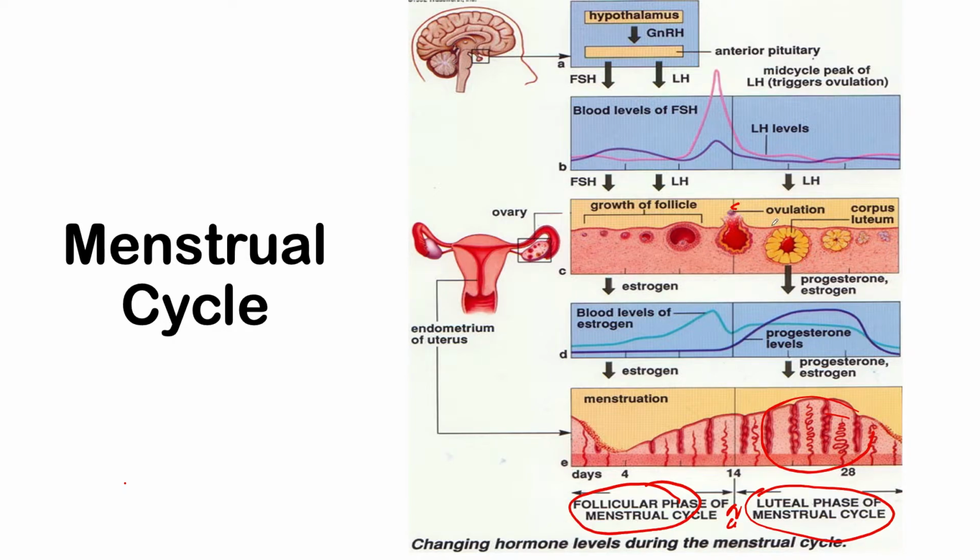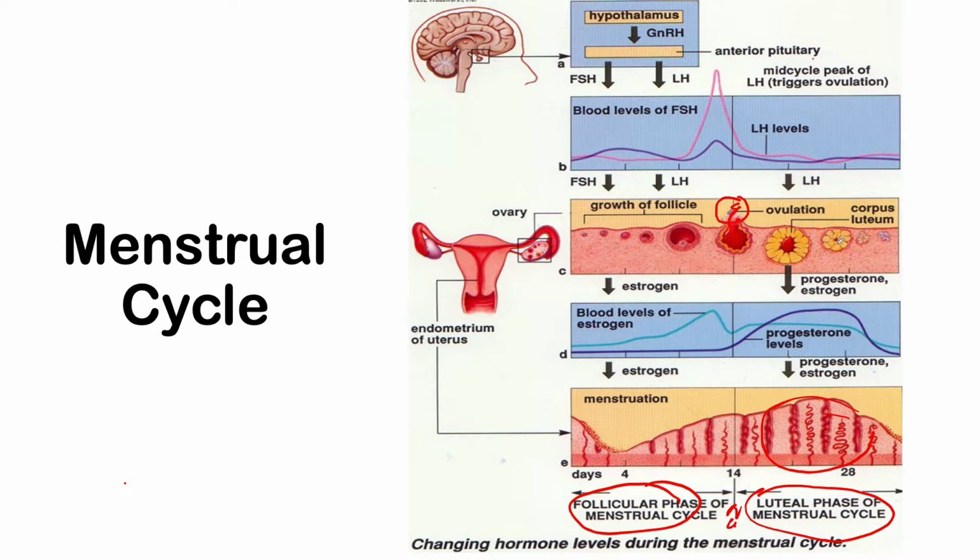That is due to the release of progesterone, because your LH or your corpus luteum is actually responsible for triggering the release of your progesterone. Kaya tumataas yung progesterone dito sa luteal phase natin. Okay? Habang mataas yung progesterone at estrogen dito sa luteal phase, nagkakaroon ng build up ng blood vessels doon sa endometrial lining. Now, if the egg cell again that was released, itong ovum natin na na-release, kapag hindi na-fertilize yan,